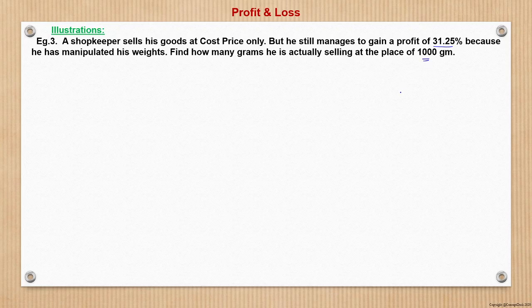So this is again a simple problem. Now, I will not go by the generic approach, where you can assume the weight and the per unit cost and then proceed ahead. I will go by the direct approach. So here the profit is 31.25%. Now, 31.25% is nothing but, I mean, see,